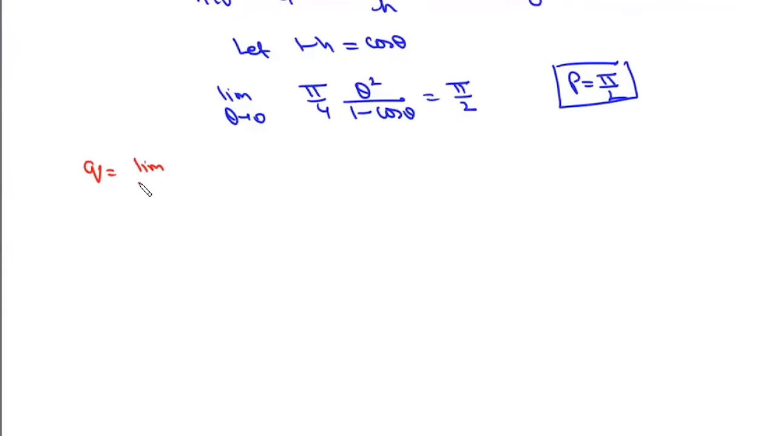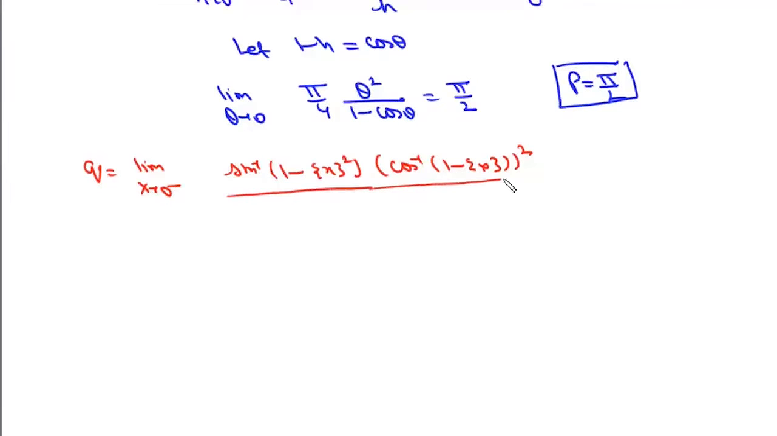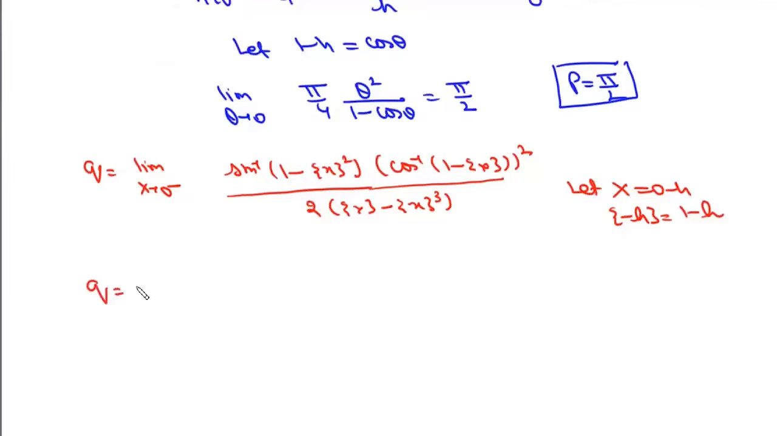So it will be this limit x tends to 0 negative, and then it is pi by 2 minus cos inverse. We have to write directly as sine inverse 1 minus fraction part of x square, and then cos inverse 1 minus fraction part of x square upon 2, and this is fraction part of x minus fraction part of x whole cube. Now we let x as 0 minus h, and then fraction part of minus h is 1 minus h. So it will be this cube, and limit